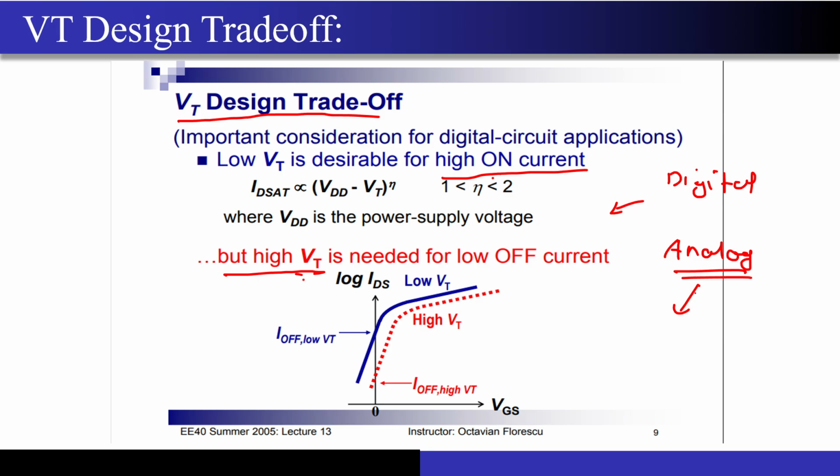Correct? See, analog circuits don't have billions of transistors, okay? They may not have more than maybe 40 or 50 transistors, correct? And they may just consume maybe 200 or 500 microamperes of current, or sometimes even up to 1 or 2 milliamperes of current. So I don't have to worry a lot here. What I can do, I can reduce my VT a little bit, because this is consuming very low power. It is not consuming hundreds of amperes of current from the supply. Correct? So in the case of analog circuits, I can sacrifice a little bit. Even if I have a little bit of off current, I can at least work with that.